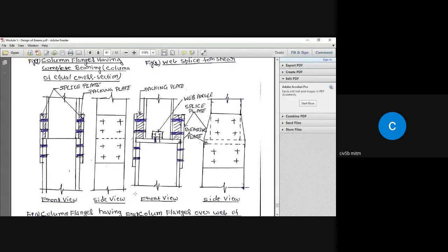Because the beam is laterally unsupported, it will try to bend about its minor axis. The minor axis is the Y axis and the major axis is the Z axis. Why does it bend about the minor axis, that is the Y axis? Because that is where we get the lesser moment of inertia. That is called the minor axis. The higher moment of inertia is about the Z axis, that is the major axis. So it tends to move sideways. Bending about its minor axis, the Y axis, is called lateral buckling.